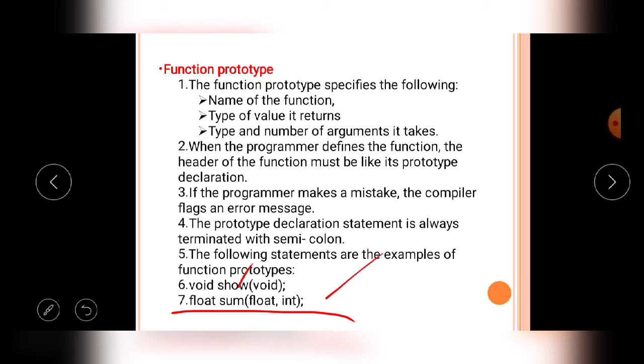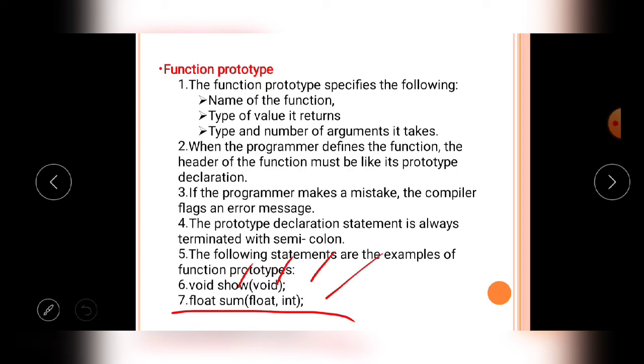It will receive two values, one float value and another integer value. After completion of the execution, the sum function returns a float value. This is the prototype declaration of the function.